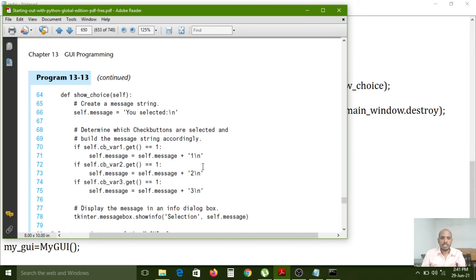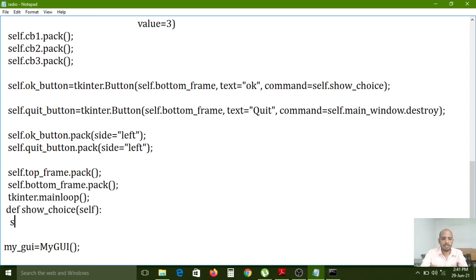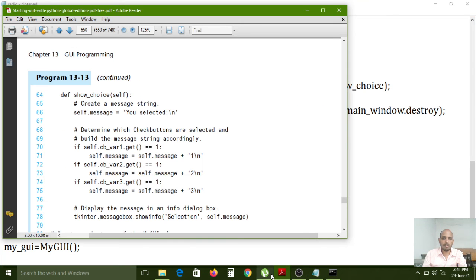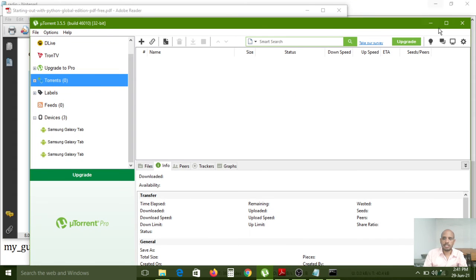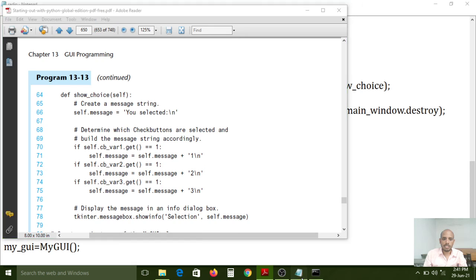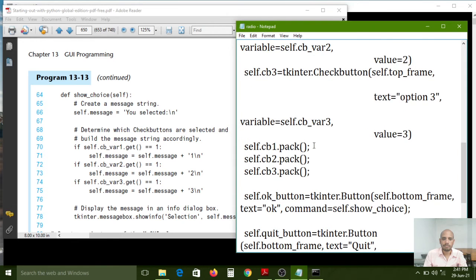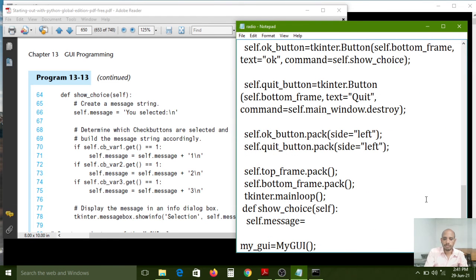Here I am copying the first default message, self.message equal to you selected, colon, and the ampersand symbol I want to use.